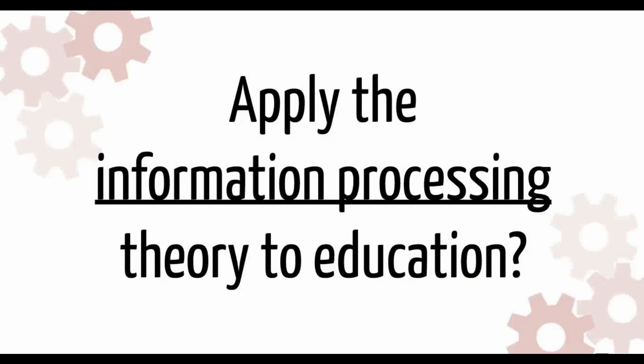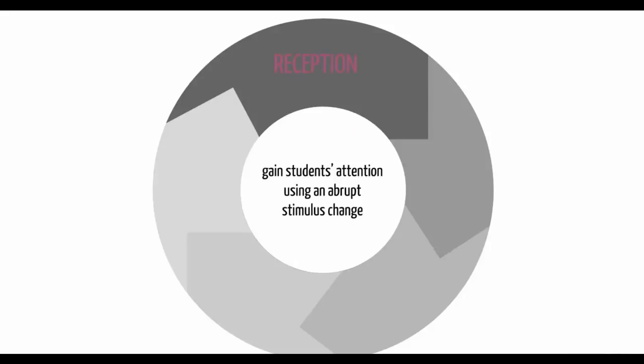So how can we apply the information processing theory to education? Well, there are 5 steps teachers can take to support students in the acquisition of new information. The first step is reception, to ensure teachers gain students' attention using an abrupt stimulus change to focus students' sensory memory on the lesson. Next, retrieval, where educators should stimulate recall of prior learning and skills from students' long-term memory